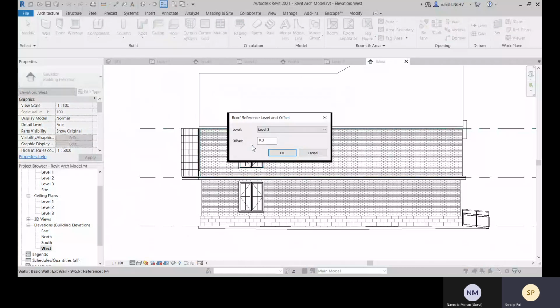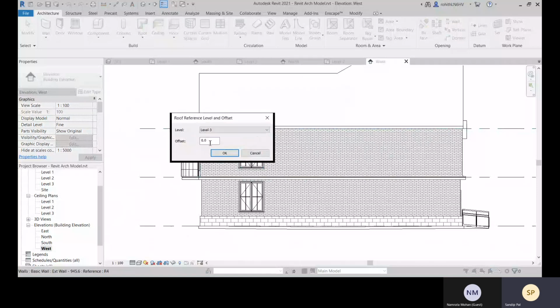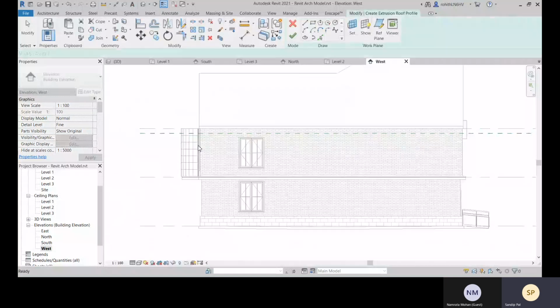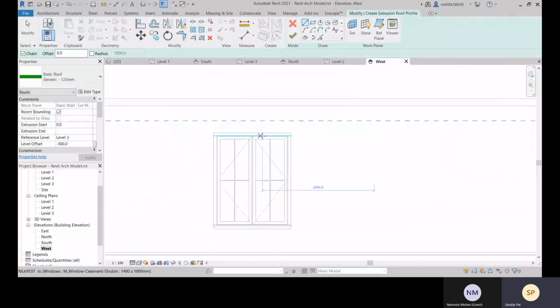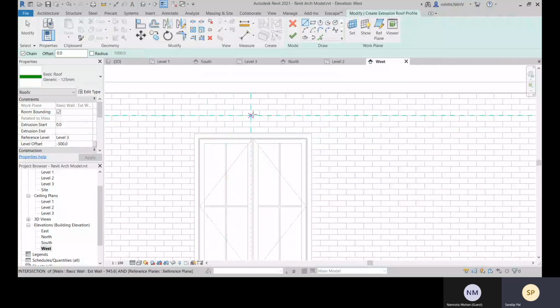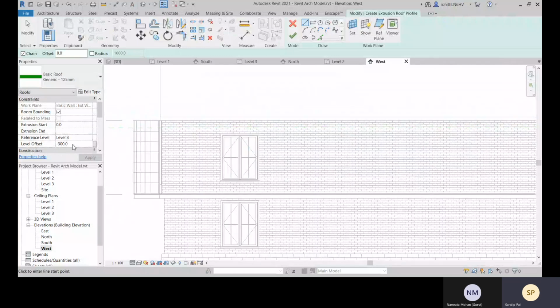This plane, let's go with this level 3 and give some offset like minus 300, or some more like minus 600.